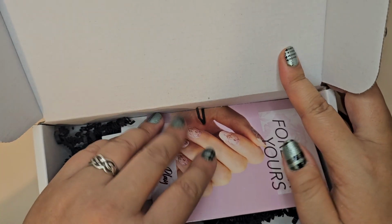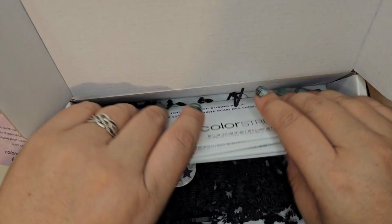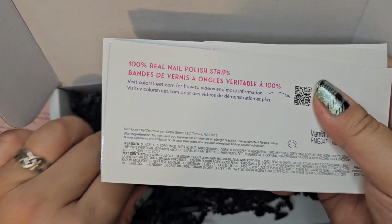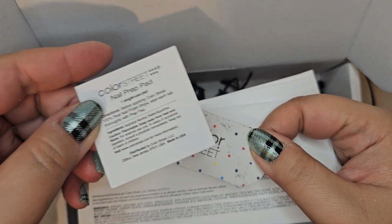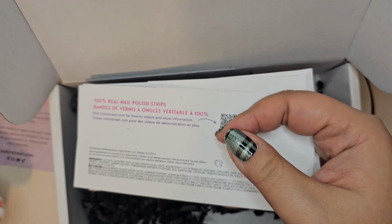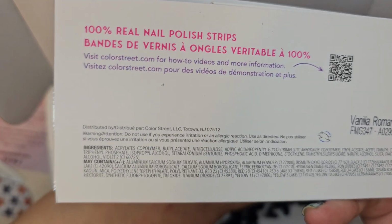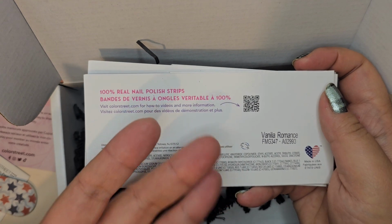Alright, I'm gonna open this, and Forever Yours. Okay, I already see that, but I'm not going to look at the nails. We will look at that pamphlet at the end. We've got our nail prep pad as normal, along with the Color Street nail file. Very patriotic one. Alright, here we go. What is the free gift? Oh yeah! So, apparently the free gift...